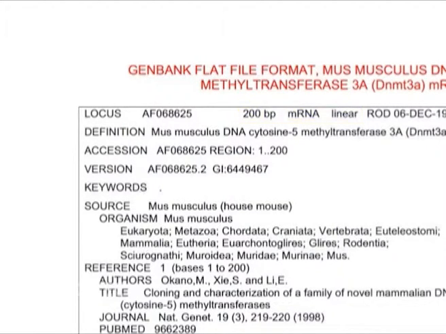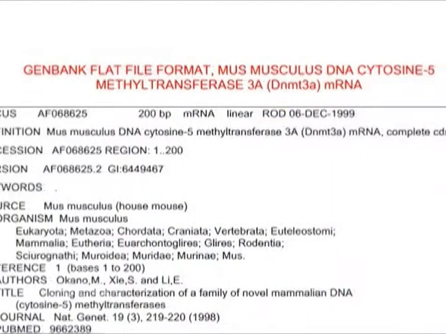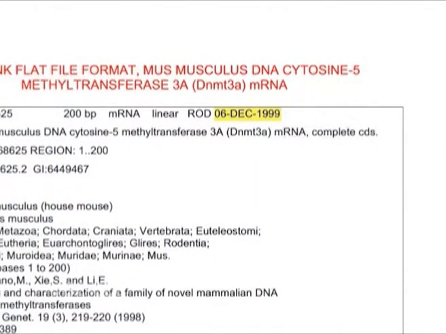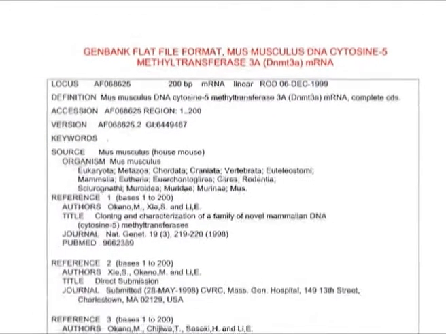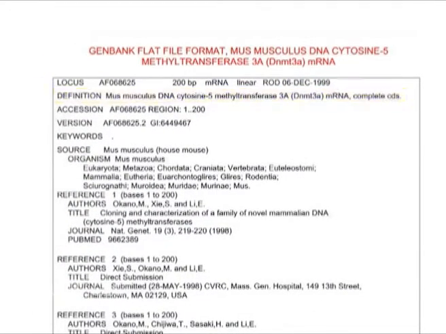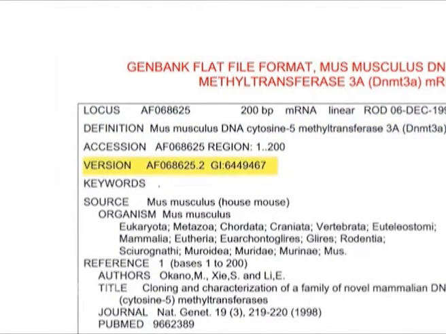The number of bases in the entry and nucleic acid type are also given after the accession number. Then we can see a code called PRI code word used to classify the data. The last entry is the date on which the entry was made, and the next line is the definition that gives the definition of the entry with sequence name followed by the unique accession number. The version number shows whether the entries have more than one version. Next item is the keyword that is used to index the entries.